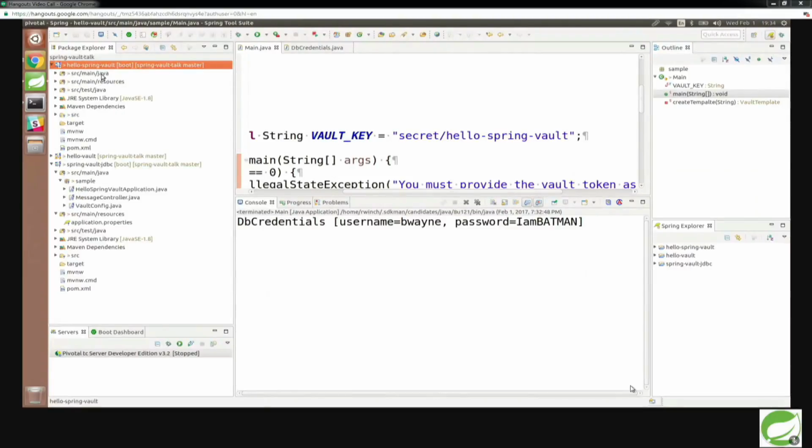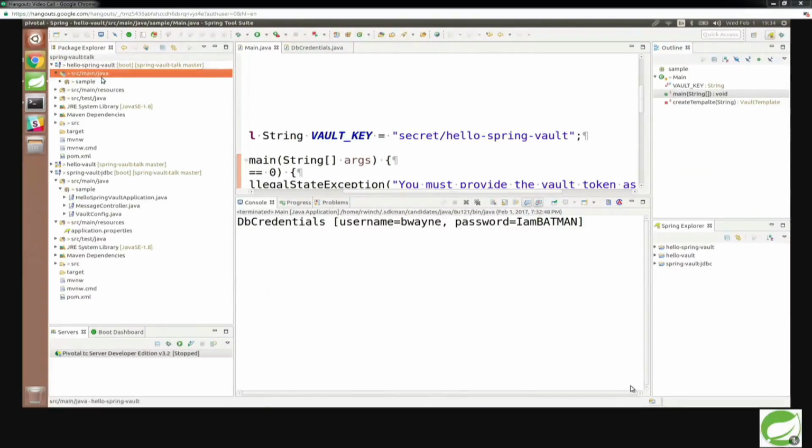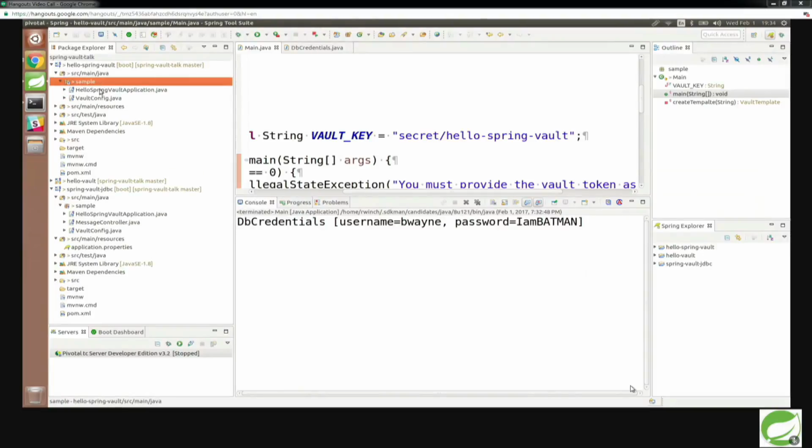And this is taking it a little level further, because that's not actually using dependency injection or anything like that. It's just a main method using the template. So what that's illustrating is if you're not using Spring elsewhere, you'll still be able to use this functionality, although it's not going to be quite as awesome because the more you integrate with Spring, the more you want to integrate with Spring because it's going to make the rest of your life easier. And what do I mean by that? Well, I'm glad you asked.